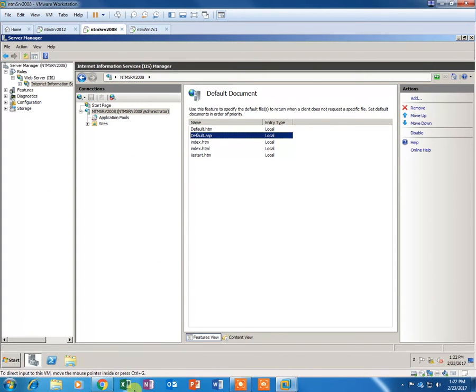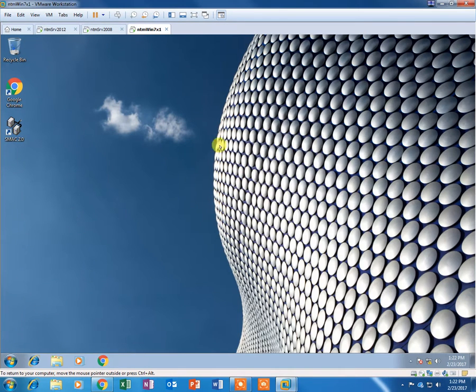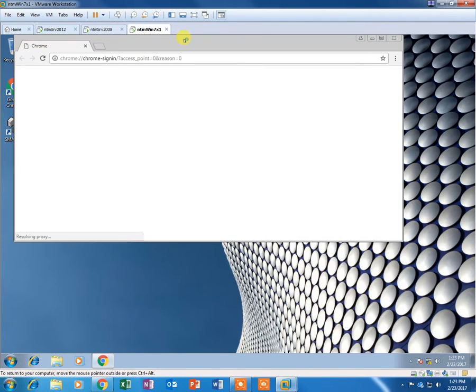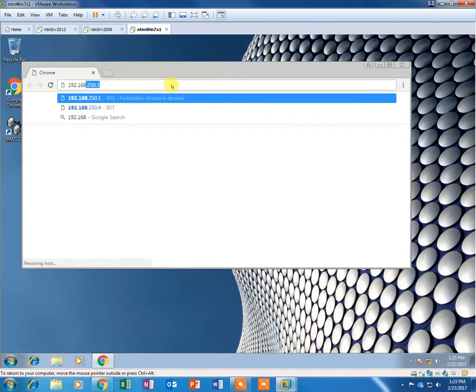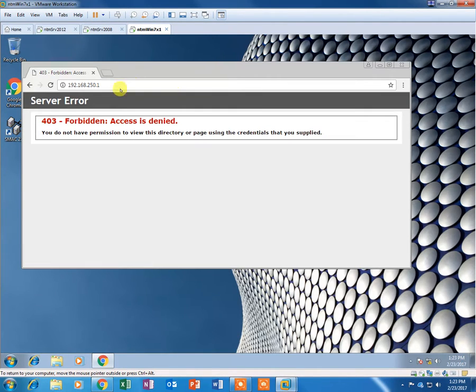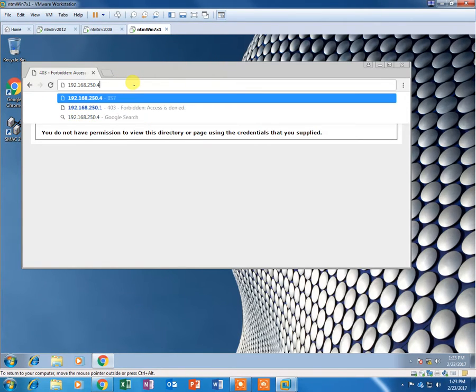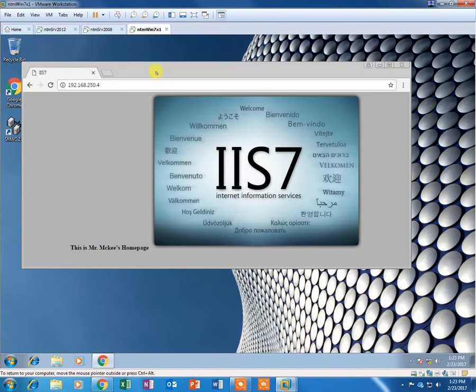Alright, so hopefully, let me log in. And I'm already logged in. I'm going to log, let's see. First thing we want to do, say we don't have a DNS server set up. If we just type in the IP address. Alright, so it's not doing that. 192.168. It'd be better if I type in the correct. Okay, so